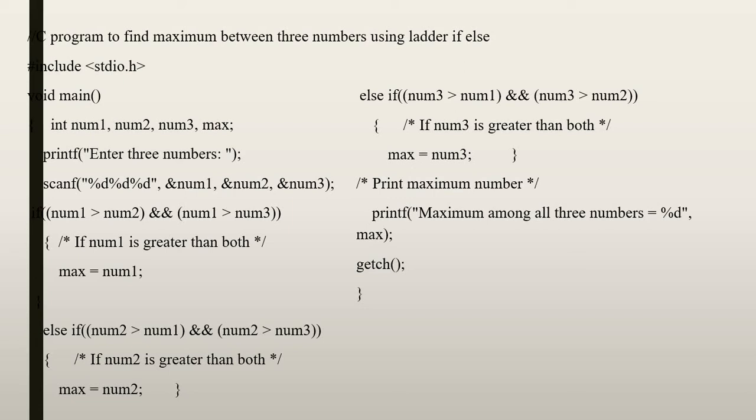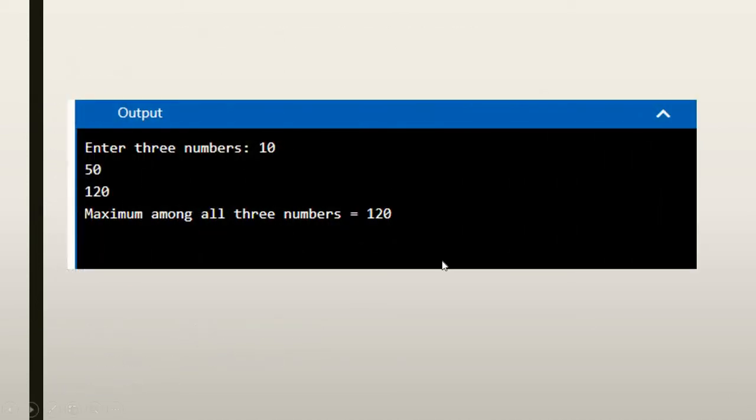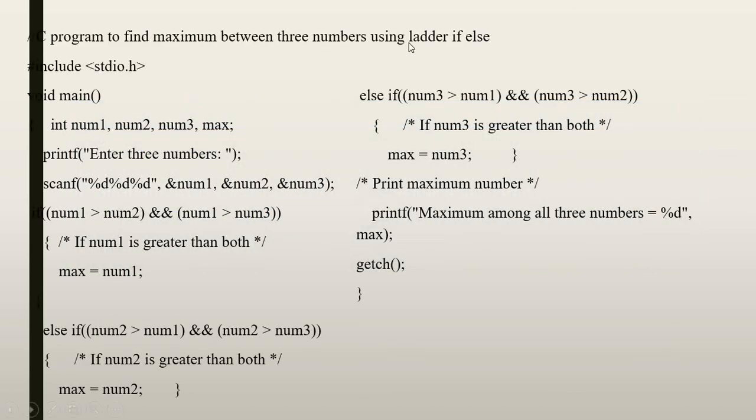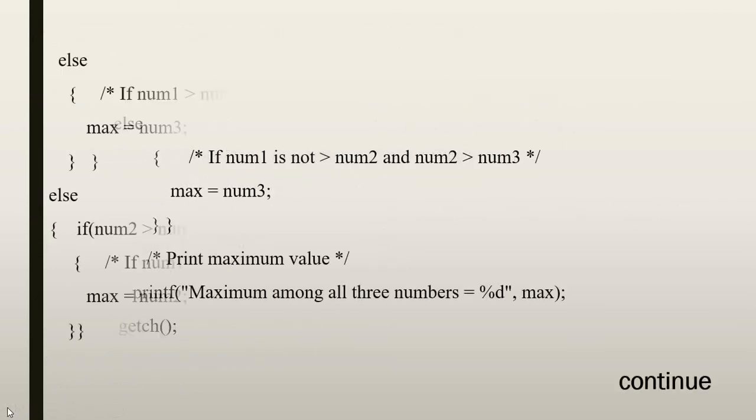According to your requirement, you have to use these different types of conditions. And finally, it will print the max value. So this is the output. Three different numbers and finding the maximum value. So either you can use ladder if else, or you can use